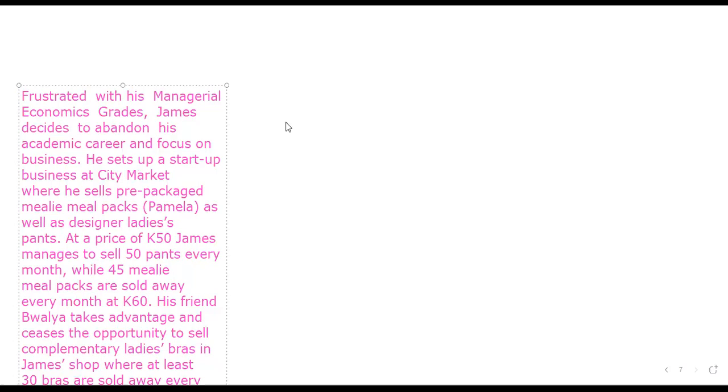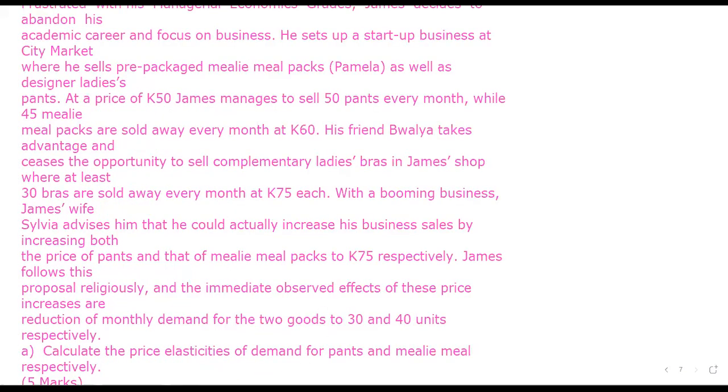All right. So part A was to calculate the elasticity of pants and mealie meal. For mealie meal, what data do we have? What information do we have? For mealie meal, what was the initial price and what was the quantity? So when we check closely,